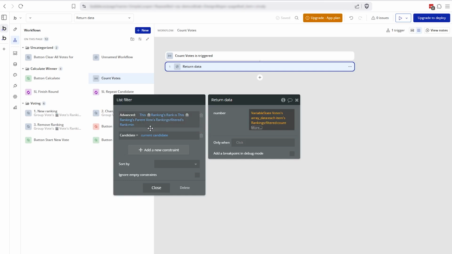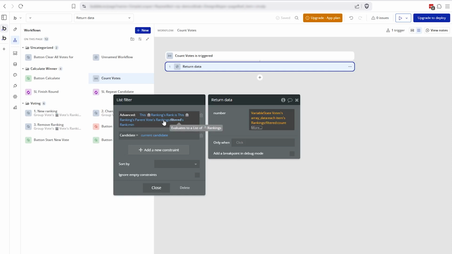There's always going to be a number 1 choice, a number 1 preference. But as the rounds progress, a voter's number 1 or maybe even number 2 may be eliminated. So we want to count the ranking for that vote as long as it is the lowest possible number for